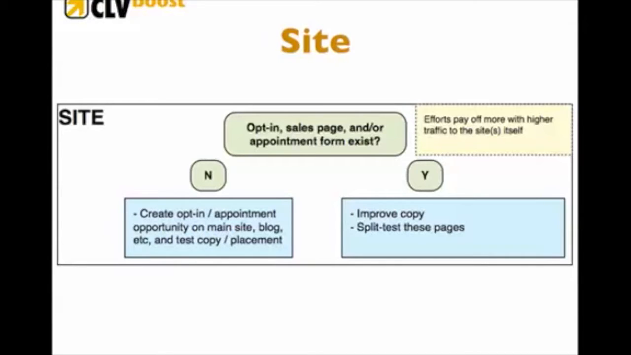If there are opt-in pages, sales pages, or appointment forms, we'll aim to improve the copy or split test these pages. So a lot of the time there will be an opt-in form, but it'll say something like, enter for information, or here's our newsletter, or some similar quote that isn't exactly fantastic copywriting, and that we can usually beat very significantly via copywriting that's a little bit more enticing, potentially including a white paper, potentially changing the button text